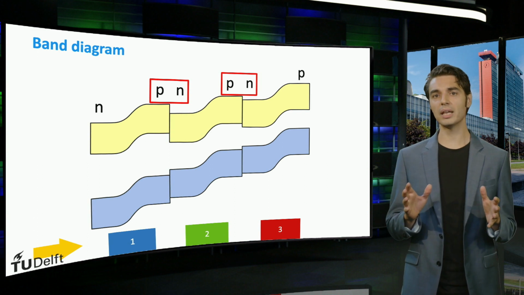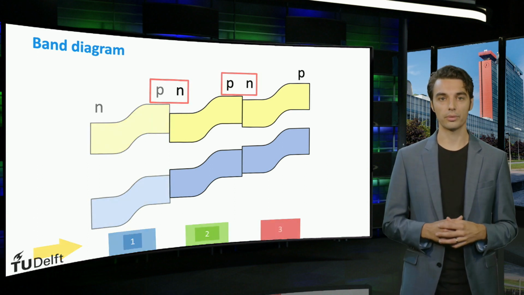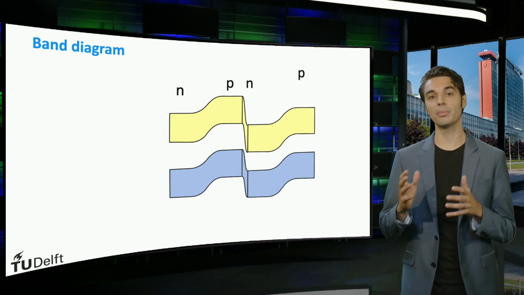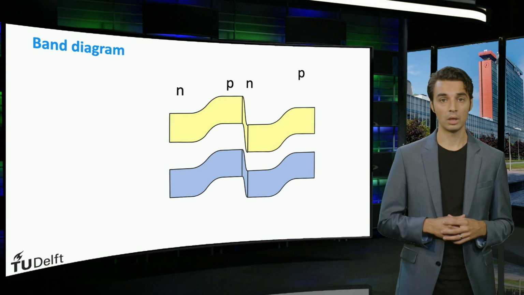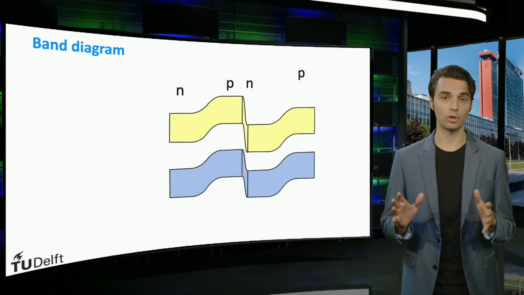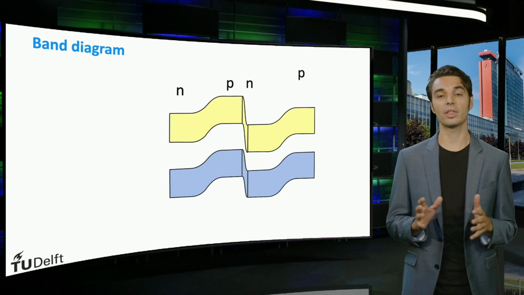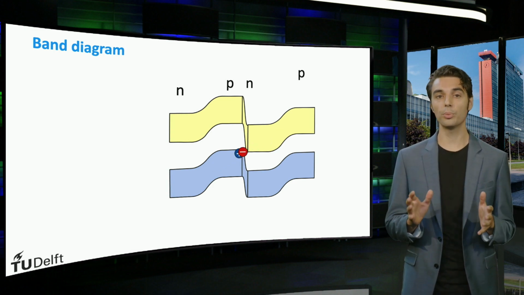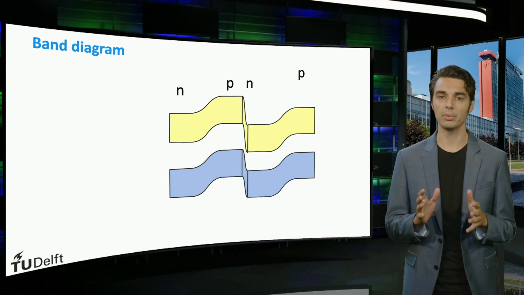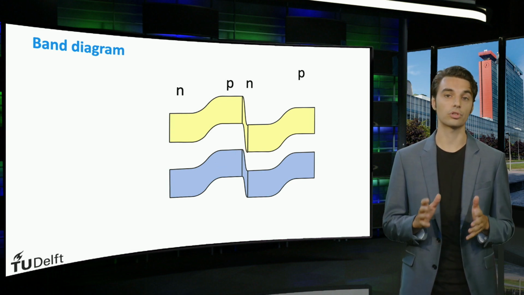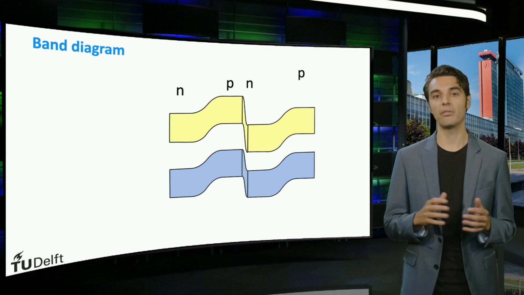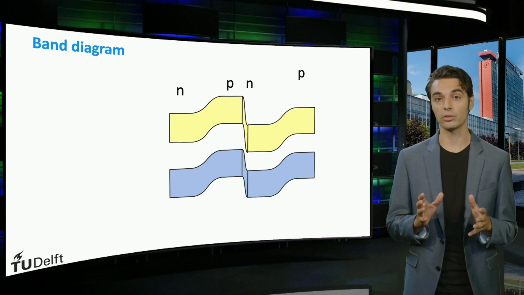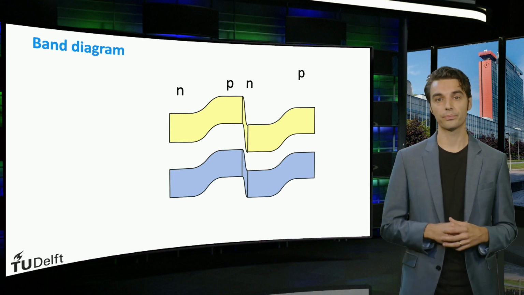To prevent this from happening, so-called tunneling junctions are included. These tunnel junctions align the valence band at one side with the conduction band at the other side of the tunnel junction. The tunnel junction has a very high band gap energy to prevent parasitic absorption and is relatively thin with an extremely narrow depletion zone. As a result, the slopes of the valence and conduction bands are so steep that the electrons from the n layer can tunnel through the small barrier to the p layer, where they recombine with the holes. It is important that the tunnel junctions have a low resistance to minimize the voltage loss across them.